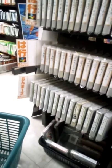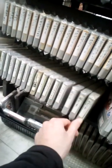Very nice. And so I'm in another store now, and you can see we've got a real massive selection of Super Famicom games. What I really want today is Lemmings 2. Now, the L will be coming under the R section in Japanese, so I'm trying to find the R section, having a look around trying to find that, but it does tend to be a bit of a challenge sometimes, and generally I do like to have a flick around as well, just to see if anything...